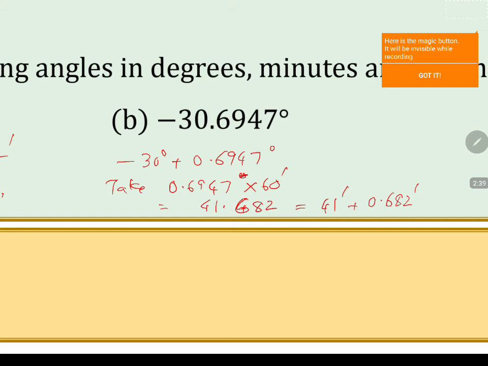0.682 minutes. Now take 0.682 multiplied by 60 seconds. Now I am converting minutes to seconds. When you simplify, you will get 40.920 seconds. Ignoring the decimal point part, the value is minus 30 degrees, 41 minutes, 40